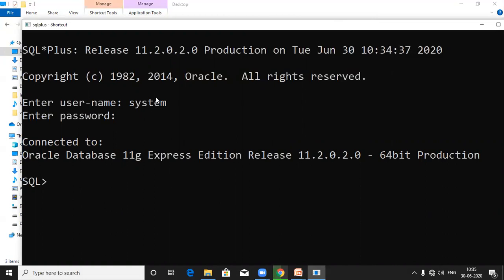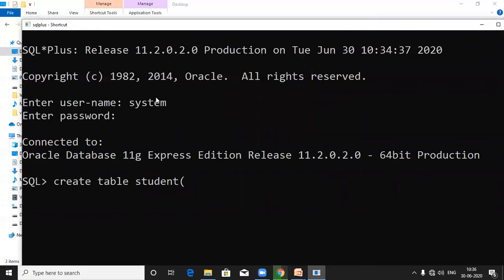The create command is used to create a table in a database. For example, suppose I want to create the table student. Then this table has 4 columns like roll number, student name, then student branch and shift. So first of all, I write here the syntax of the create command. First of all, write create, then the compulsory keyword table, then the table name. Suppose my table name is student.